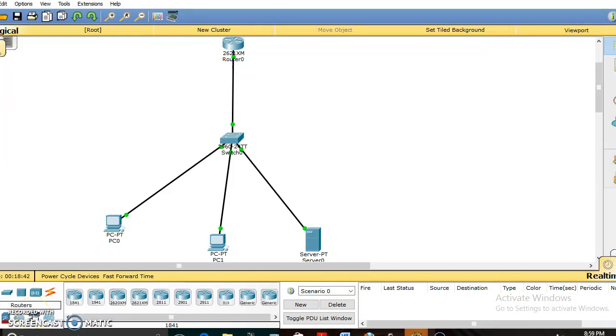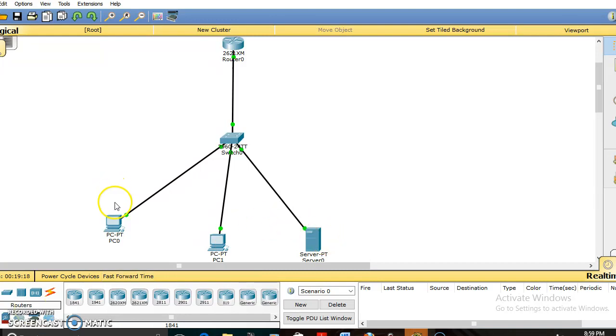Here in this experiment, we create a DNS server. DNS is nothing but a Domain Name System. When we transfer any information from one PC to another PC, or fetch information from a server, we have to know the IP address of that PC or that server. But human beings cannot remember the IP addresses. For that purpose, we are giving a URL. That means it is a conversion of IP address to URL for the remembering purpose.